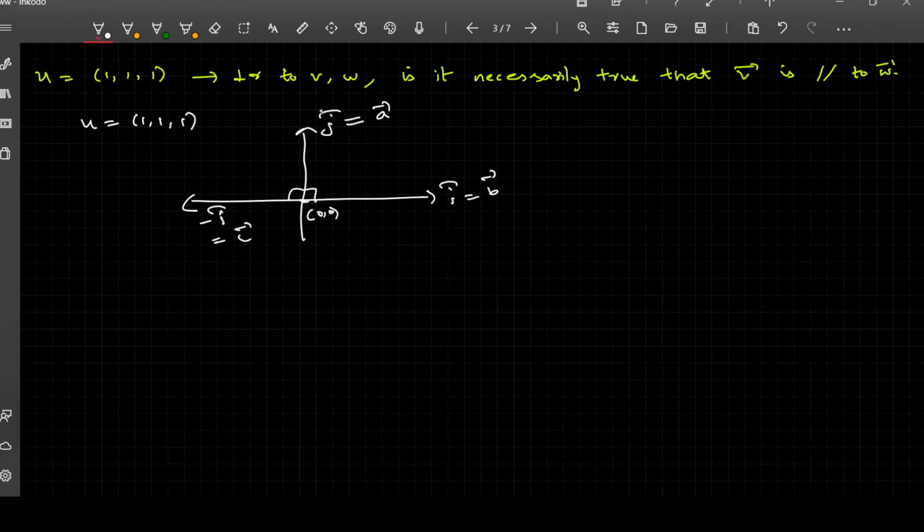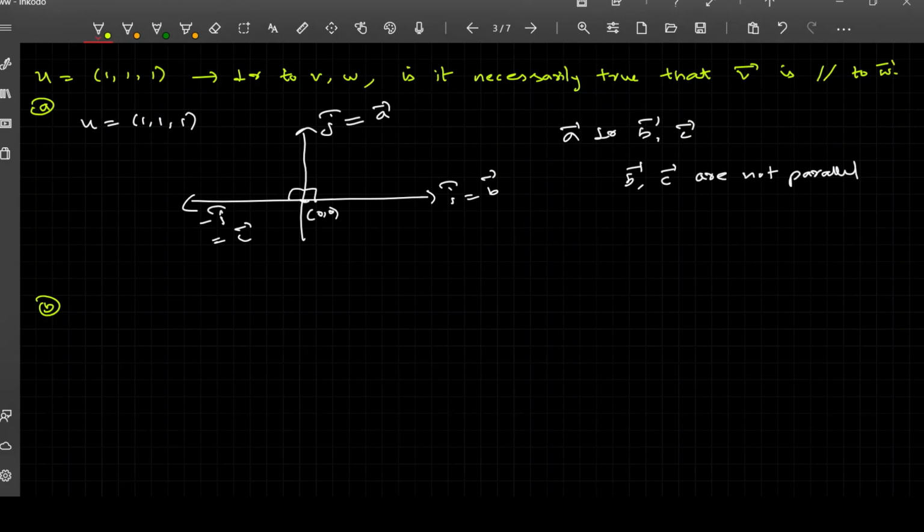If this is the case, we can see that a vector is perpendicular to b vector as well as c vector, isn't it? But that doesn't mean that b vector and c vector are parallel. They are not parallel. They're originating from one point. So b vector and c vector are not parallel, and it's not necessarily true that they will be parallel. It could be anything. So this is the first part; the third question is a question with three parts. So this is the A part, and coming to the B part.